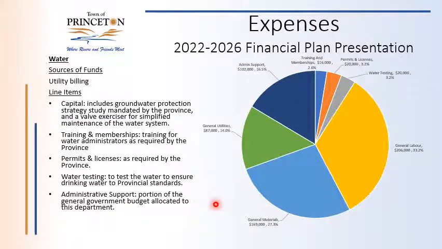The water budget. So the source of funds shifts from municipal taxation. So water is strictly funded through the billing of utilities. The water budget is what we typically find in a contractor's costing model: labor, materials, subcontractors, permits. There's a water testing budget, as the water has to be tested by Interior Health on a very regular basis. And permits and licenses, the cost to operate a water system with the permits and licensing from the province and the Interior Health Authority is substantial.